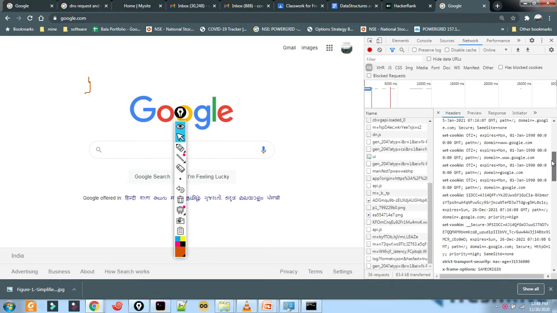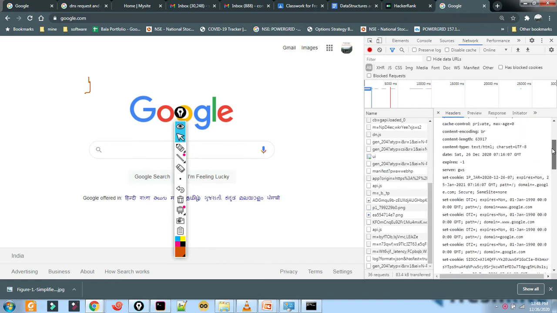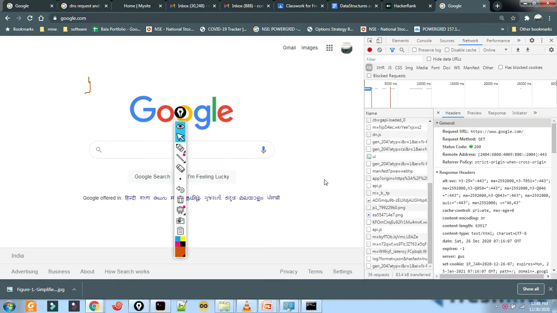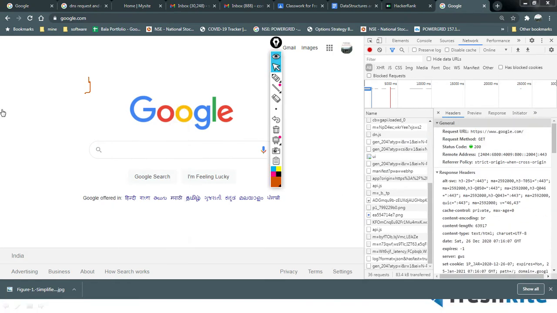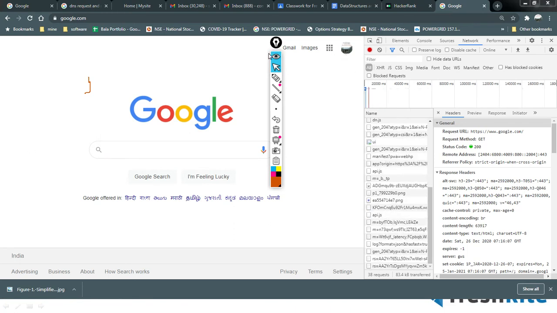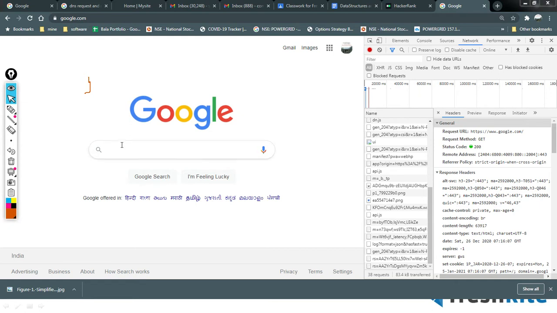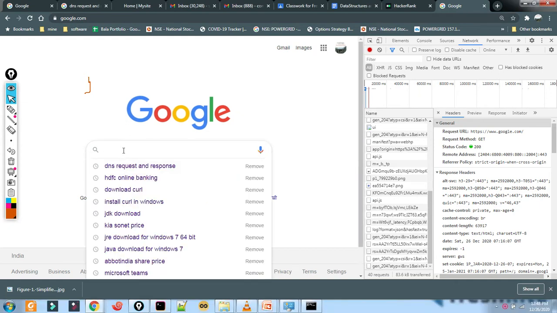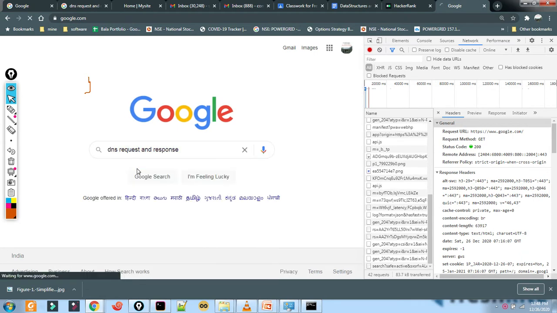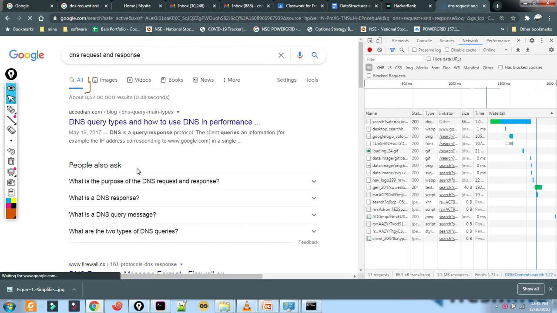Now suppose this is how the request goes. What I do now is I want to search something in Google. Let's search what is DNS request and response. Let's search for this.